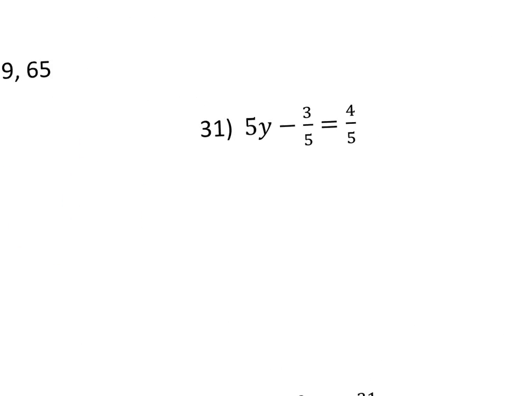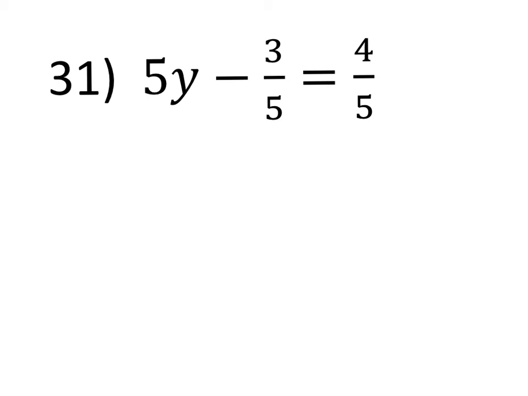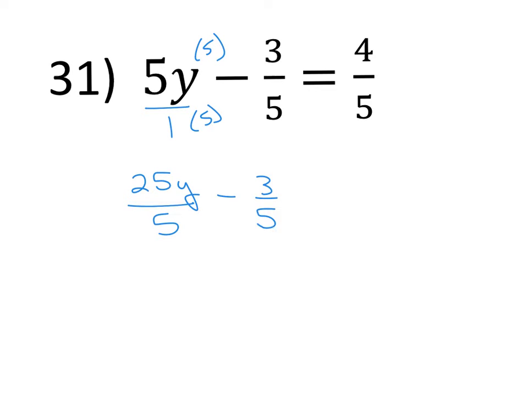Okay, going to number 31. Now I'm going to put the 5 over a 1. Now I need a common denominator. My common denominators here are going to be 5s, so I'm going to multiply the top and bottom here by 5. So I have 25y over 5 minus 3/5 equals 4/5. Again, if I have a common denominator, I can go ahead and just clear those out. So on the top I have 25y